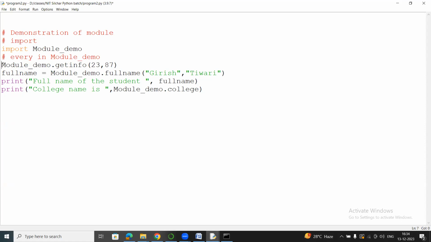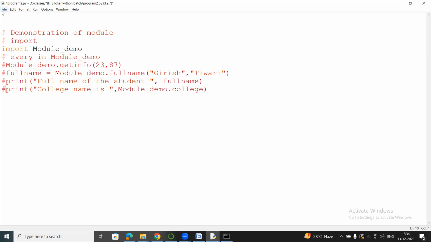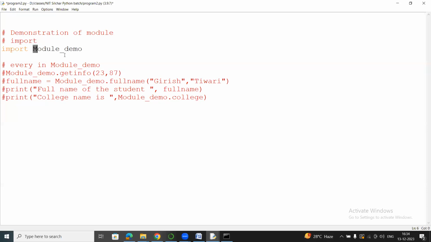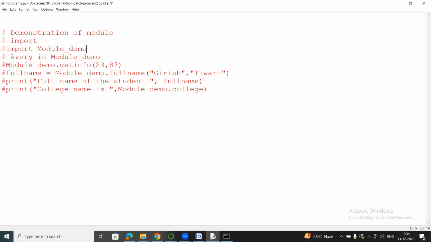If I don't want this entire import, what I can do is comment these lines of code. Maybe when you are practicing, you can uncomment and practice all these examples. If I don't want the entire Python file, I want only specific functions. See here how I can import. So this is for importing the entire file. And the next example is importing specific functions